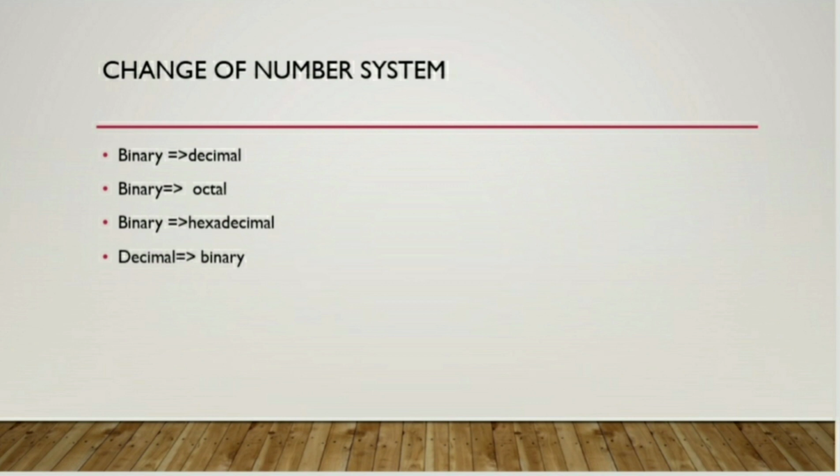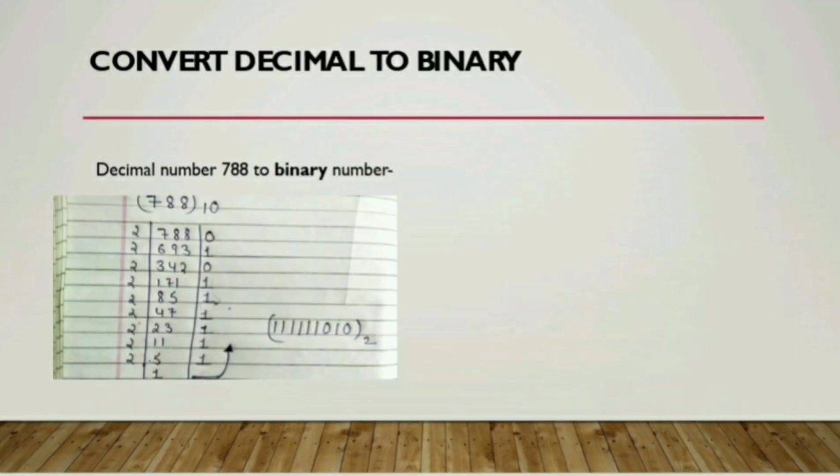The conversion from binary to hexadecimal is similar, except that the binary number is divided into groups of 4 digits, and the corresponding hexadecimal digit is written for each. Here is the conversion of decimal to binary, which is very easy, and you can easily understand. This is the method to change binary to octal numbers, and binary to decimal.